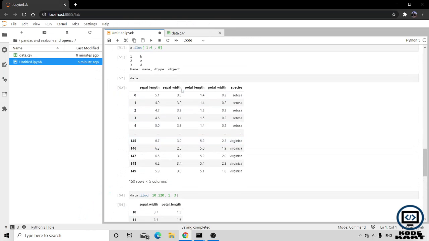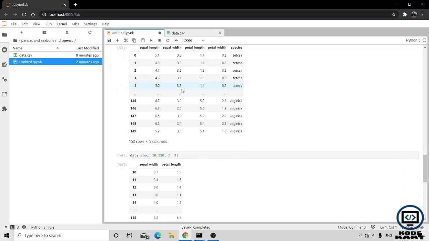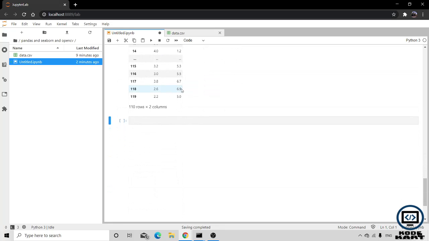We use this iloc function in our machine learning, because we do not need the whole data. Sometimes we need only a particular part of our whole data set, because you will see in the future that some of the data sets are going to be very large, and you only need a particular part of the data set. Then we are going to use data.iloc. So this is all about the pandas. Now let's move toward the Seaborn.